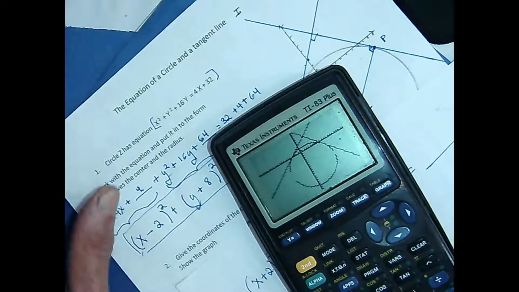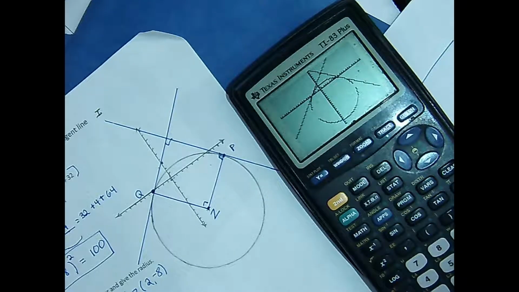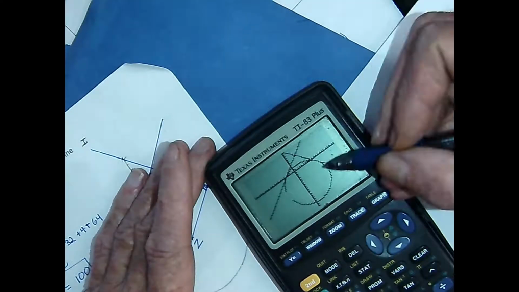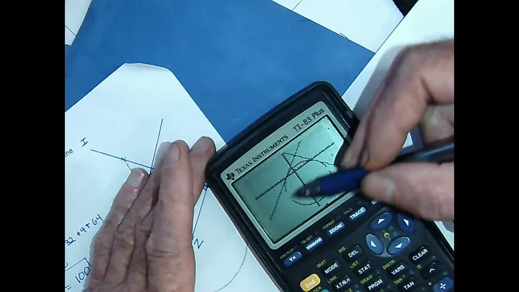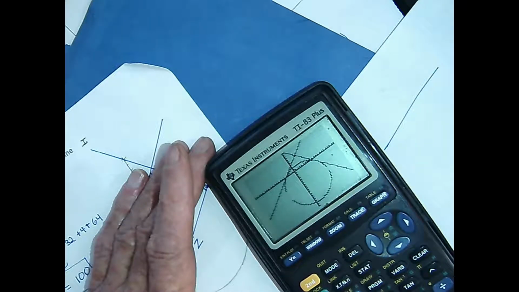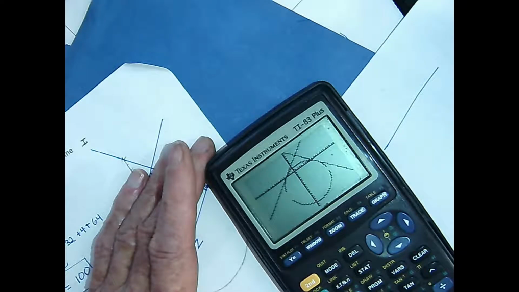I'm saying that looks a lot like this, doesn't it? Yeah, I'm going to take that to be accurately done. The calculator doesn't graph circles very well when these places are nearly vertical here and there. It denies them. It says it's not a function. A vertical line's not a function, and that's so close to vertical, the calculator says it won't deal with it. But I think it works pretty great, and I hope that you